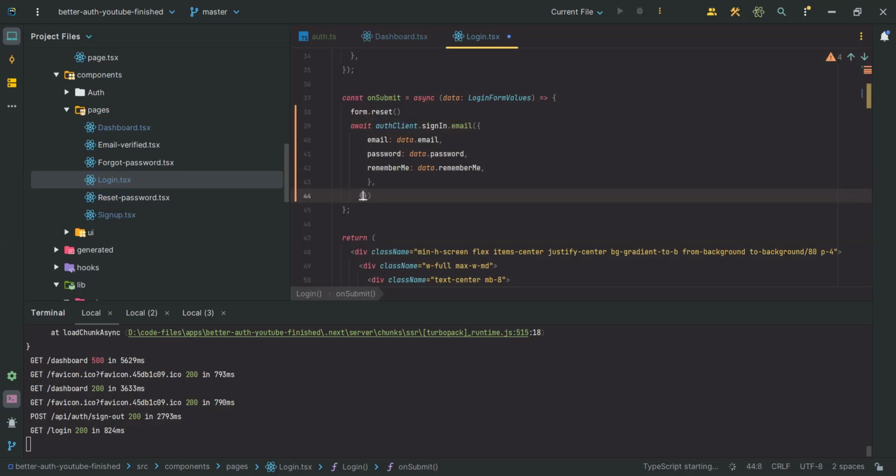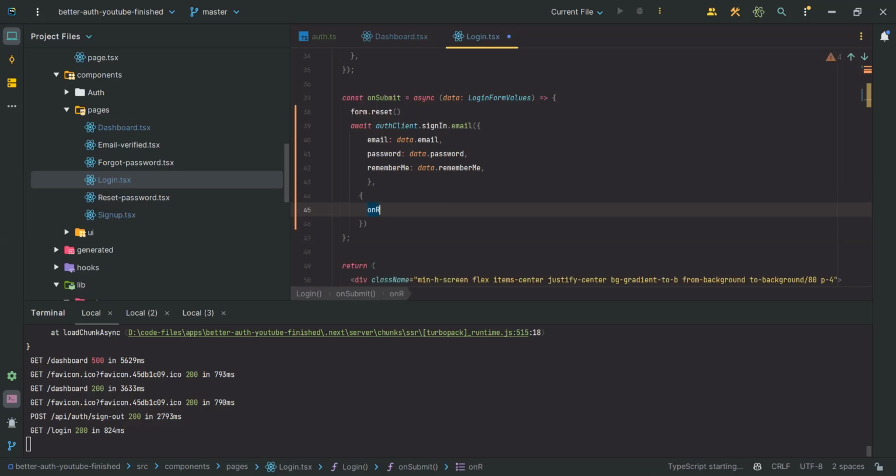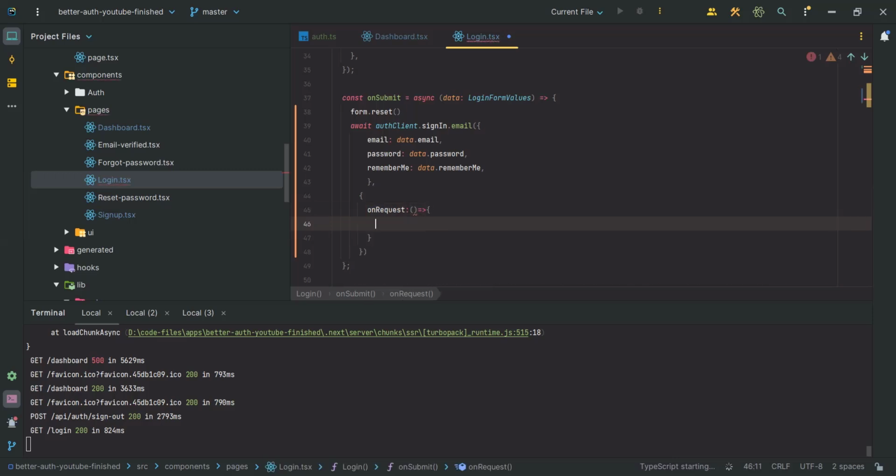First let's add this bracket, and let's say on request, let's set object, and let's set pending to true, and next on success,